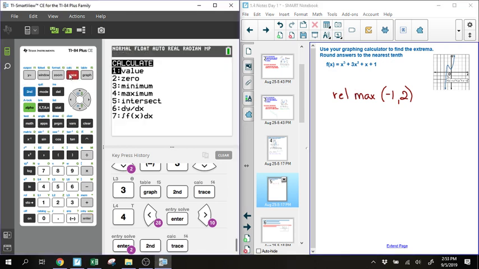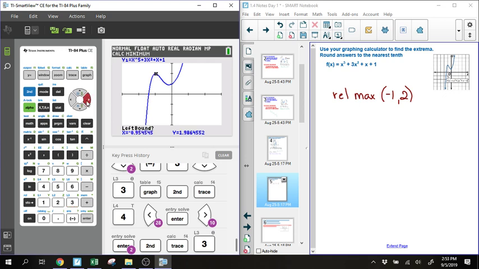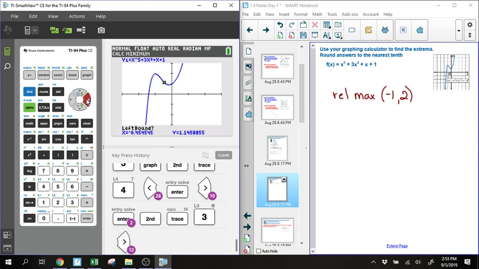All right, and I'm going to go find the bottom of that valley using my minimum. Nearest 10th, but 0.99999 rounded to the nearest 10th actually does bump up to 1. Because the 9 would bump the next 9 up, which would bump up to 1. If that makes sense. All right, and our next one is a minimum